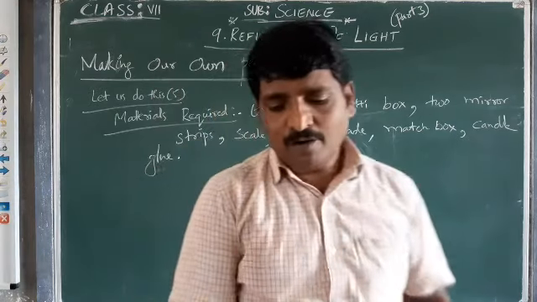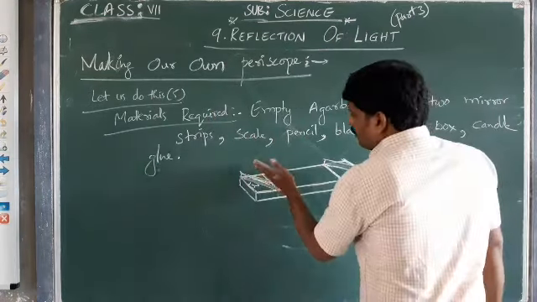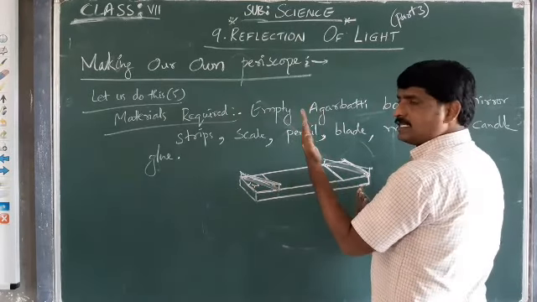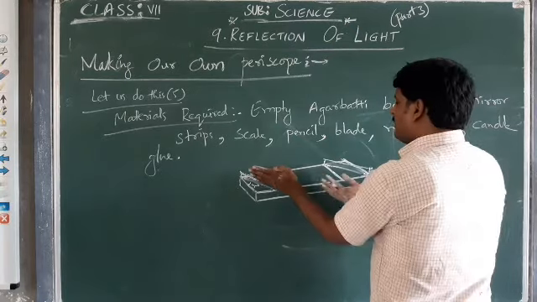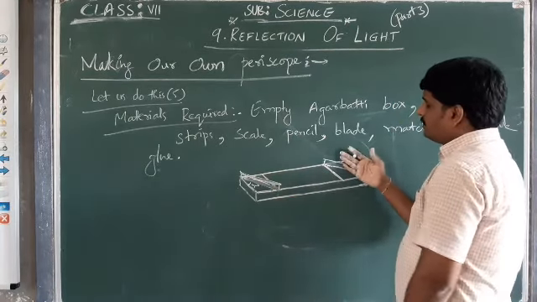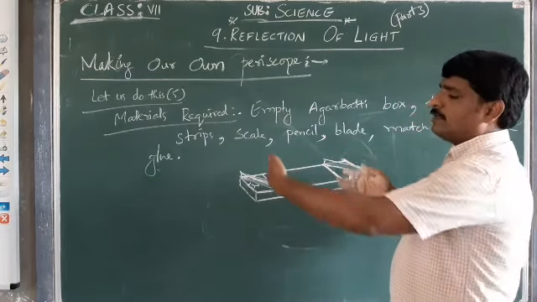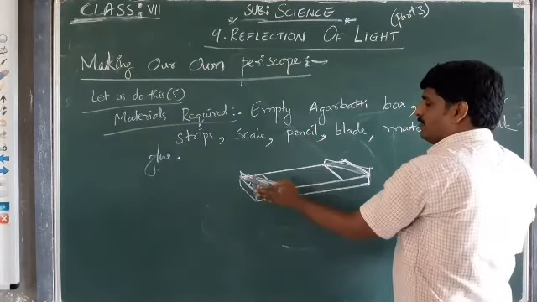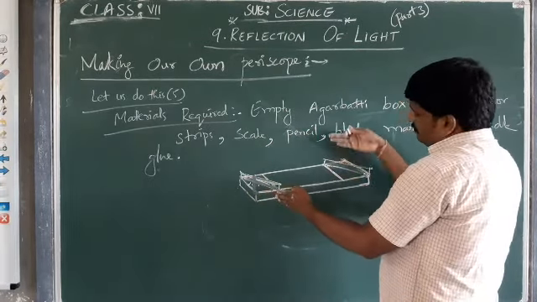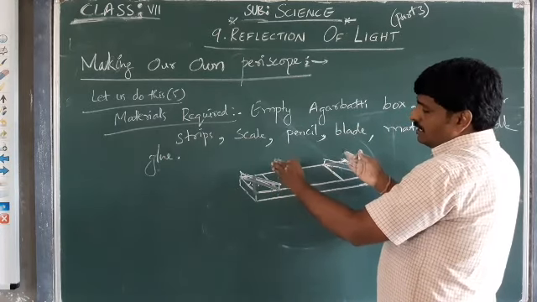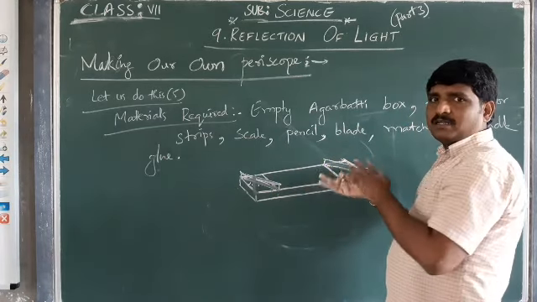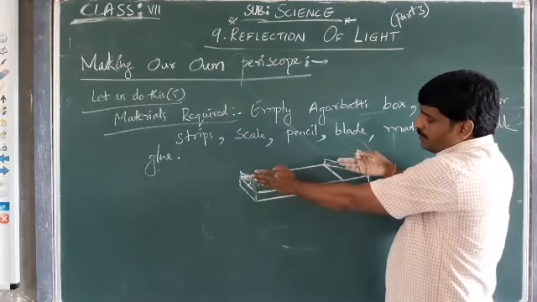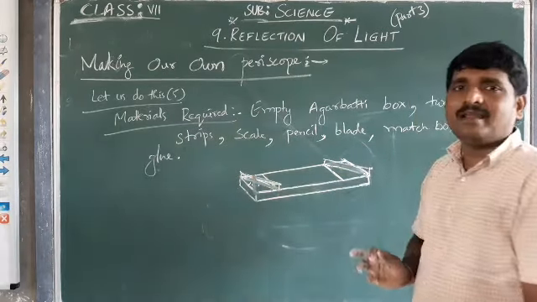Okay, how do we have to place them? There will be a reflecting surface, right? The side where we can see our image is called the reflecting surface. One reflecting surface should be on this side, and the other reflecting surface on the other. Assuming this is the reflecting surface, we have to insert it like that. The other strip also should be inserted such that both mirrors' reflecting surfaces are facing each other like this. Both are facing each other and they should be parallel to each other.